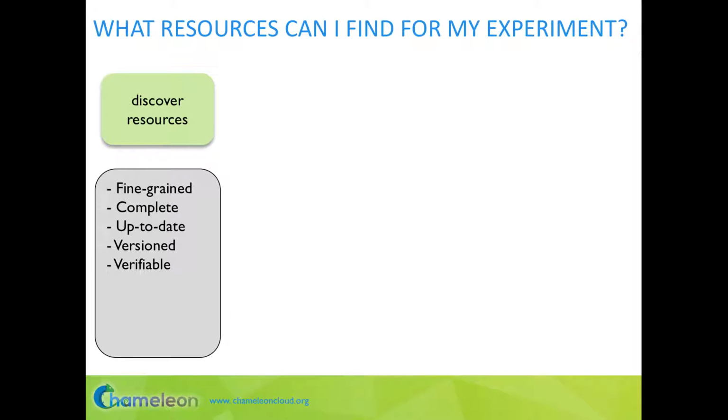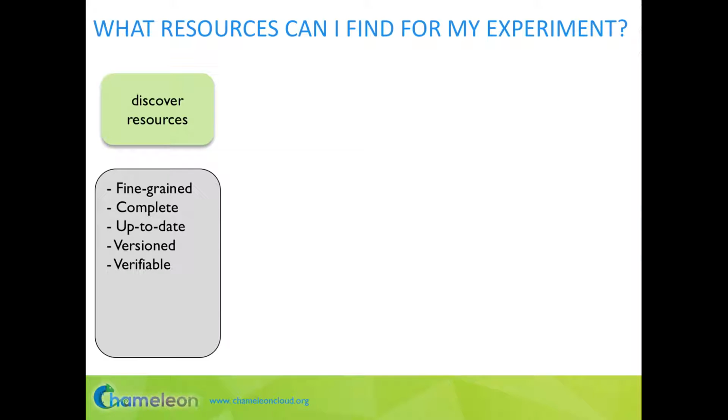Let's discuss the process of discovering resources and describing them. Descriptions of resources need to be fine-grained, down to the serial number of individual components, so that researchers can understand every detail of the testbed. These descriptions also need to be complete and up-to-date, so that if a resource modification was made, such as exchanging a drive, everyone will be informed. Descriptions must be versioned so that we don't have to compare individual parts by serial numbers. We should be able to know at a glance from which version of the testbed our results were obtained. And even if we cannot reproduce them exactly, at least understand the difference between the different configurations in which the